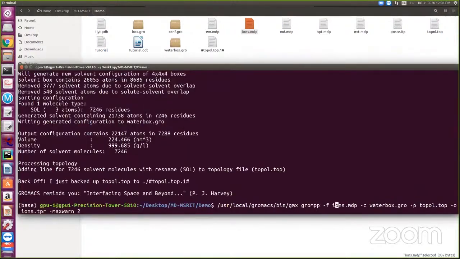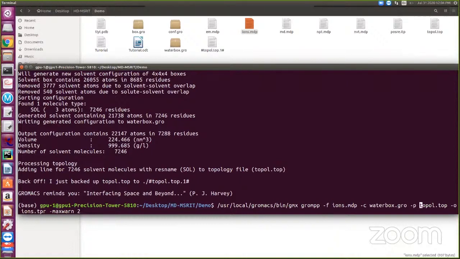After that, where do I have to paste? I have to give waterbox.gro. This is very important. Waterbox.gro consists of the protein, water, and box; all these things are present in it. Then -p topol.top.